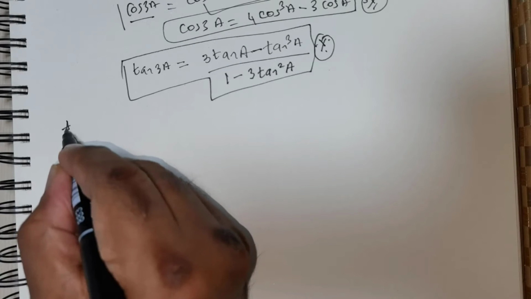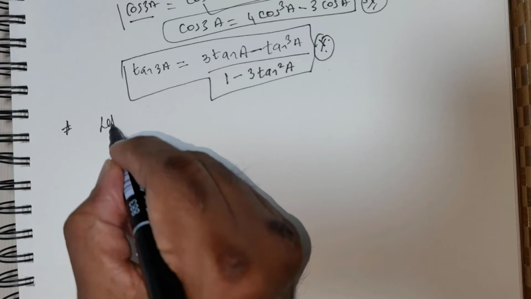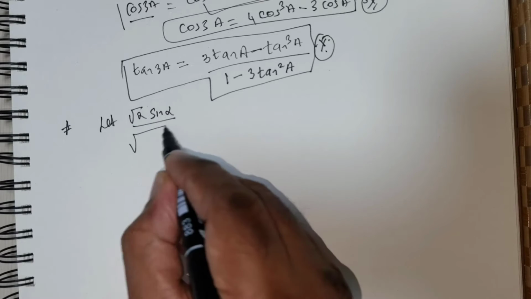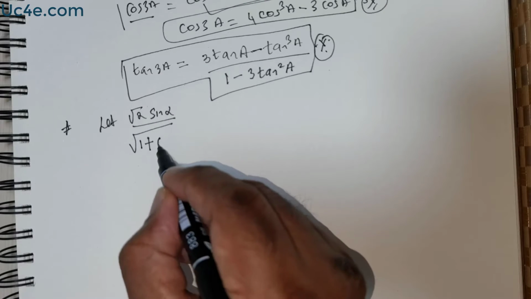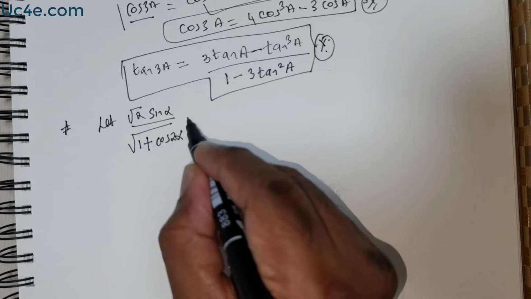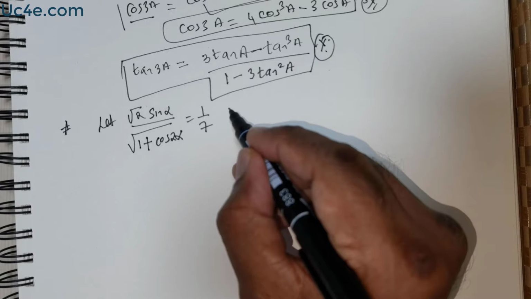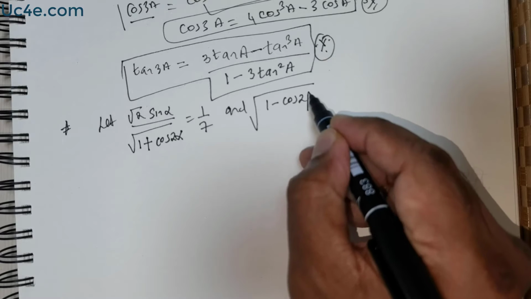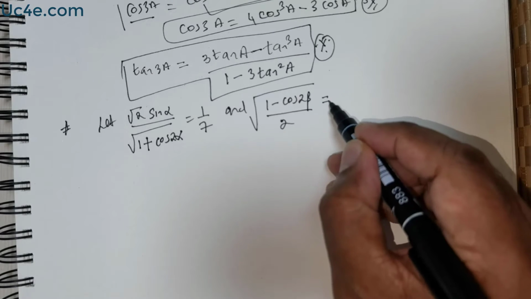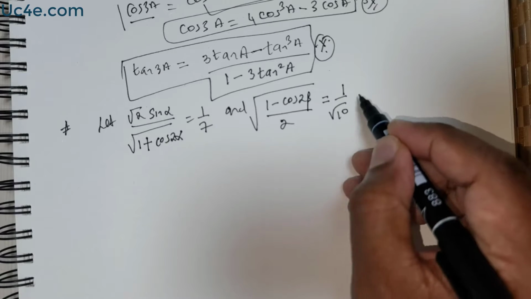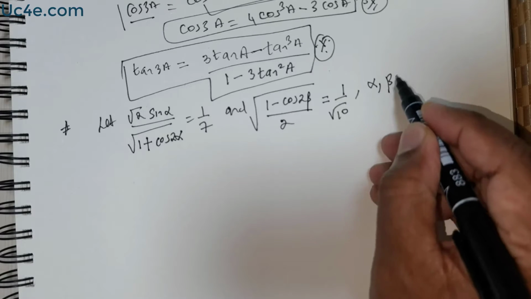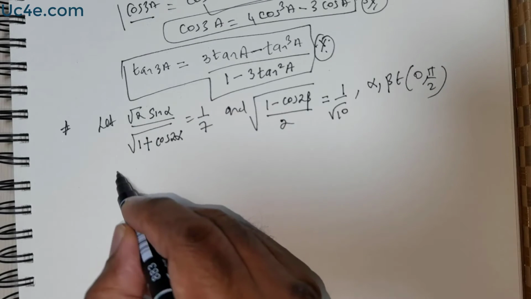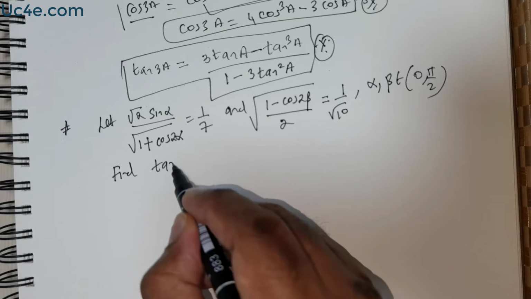Students, we are given a question. Let root 2 sine alpha divided by root of 1 plus cos 2 alpha be equal to 1 over 7, and root of (1 minus cos 2 beta) over 2 is equal to 1 over root 10, and given that alpha, beta are elements of (0, pi over 2), we are expected to find the value of